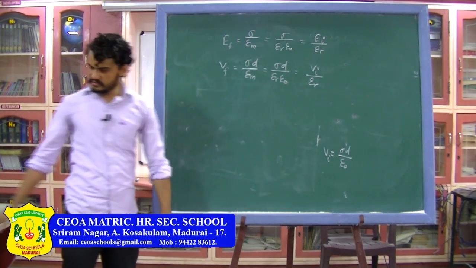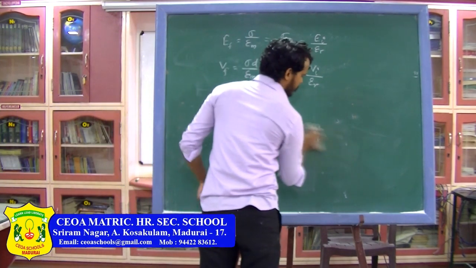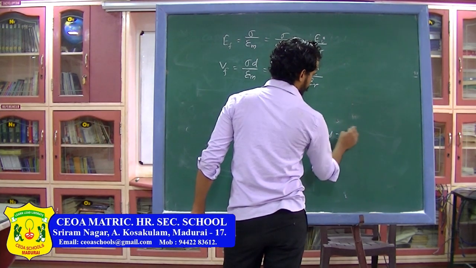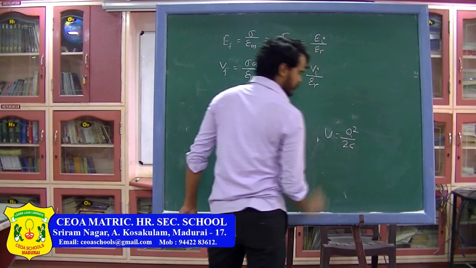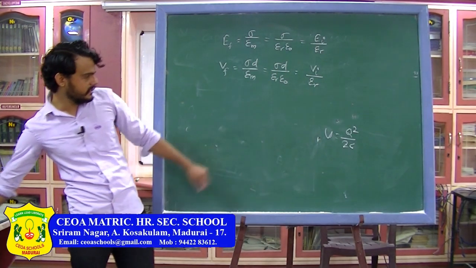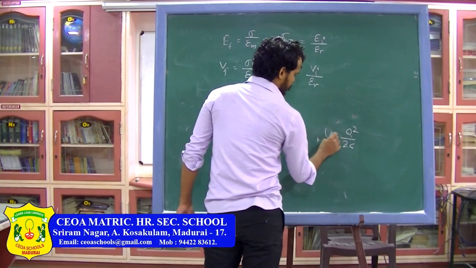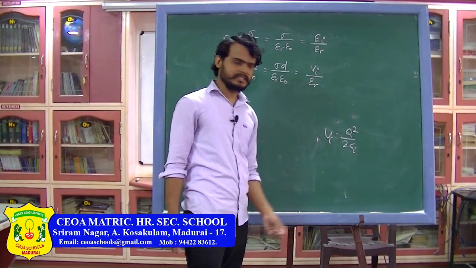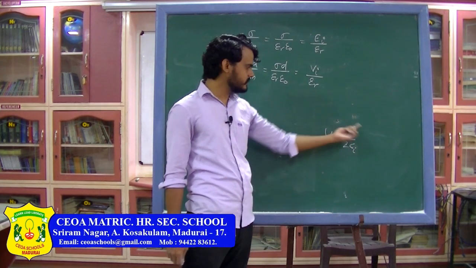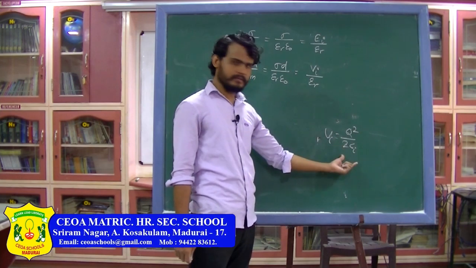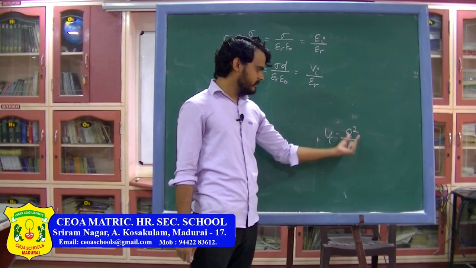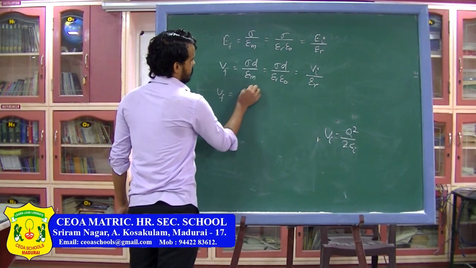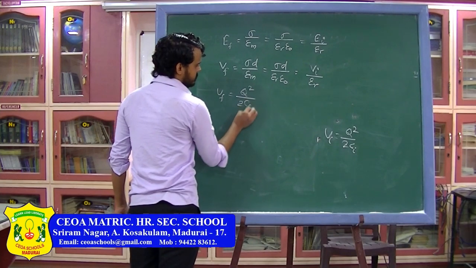Now one more thing which we can talk about is potential energy. Potential energy can be written as U equals Q square divided by 2C. So this is the initial, so I can write initial potential energy as Q square divided by 2 C initial. Here Q is constant but capacitance is changing, so we have to use this formula, because in this formula only one quantity is changing, not both of them. So here charge remains constant but capacitance is changing, so I can write final potential energy as Q square divided by 2 times C final.